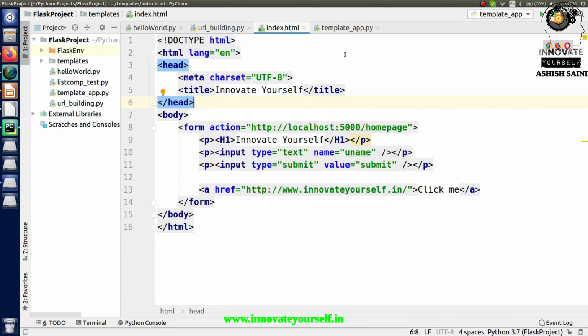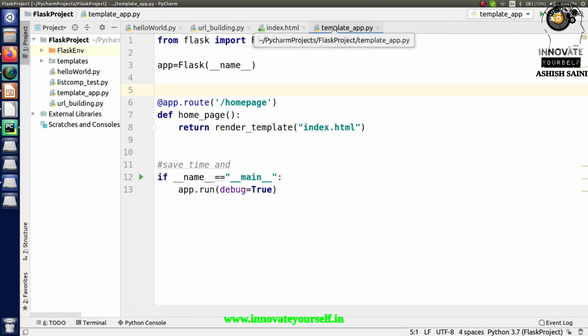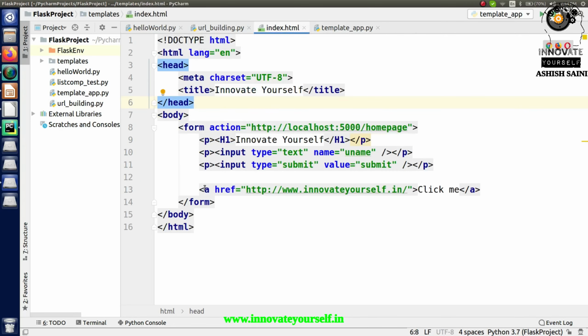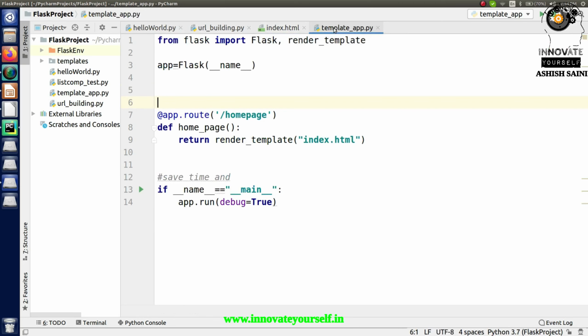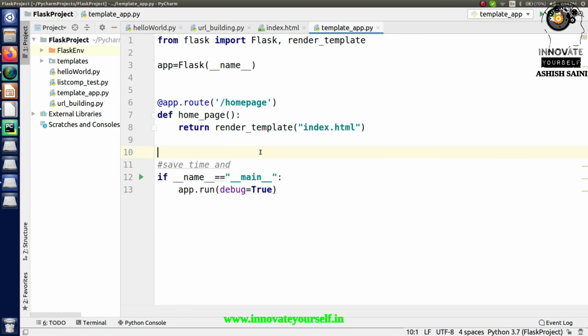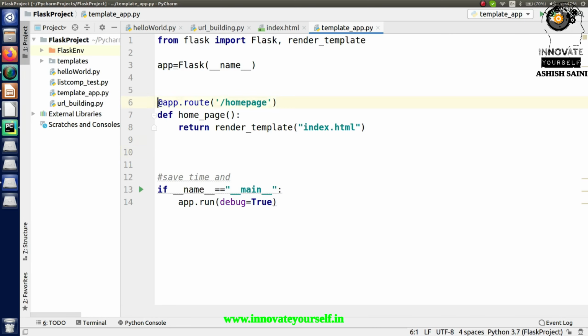Now it's time to call it into the Flask web application, and we will accordingly fetch the data from this position. So this is what I have to do. To do that, I have to create a new function by using this decorator, which I will be calling with respect to this.